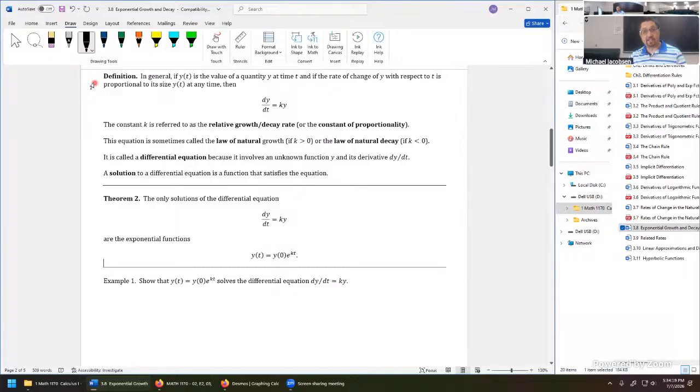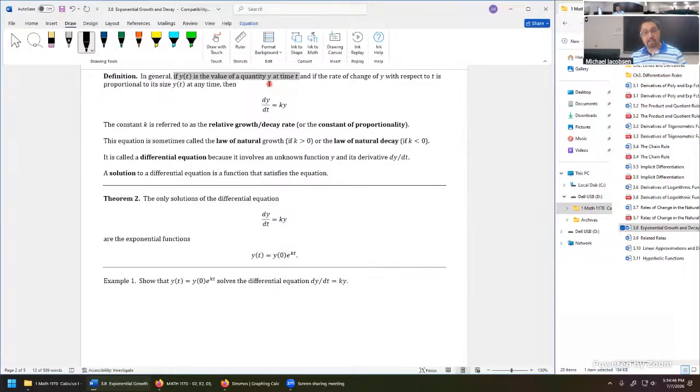First, here's the overall context. If we're looking to model a situation with exponential growth or exponential decay, it means the following is true. y(t) is the value of some quantity at time t. If it's a population, we might use P instead of y. If it's a mass, we might use lowercase m instead of y. So we let the context dictate what variable we actually use. So generically here, we'll just use y.